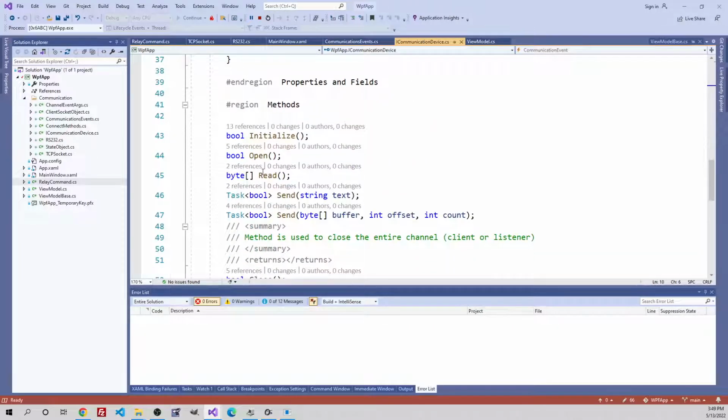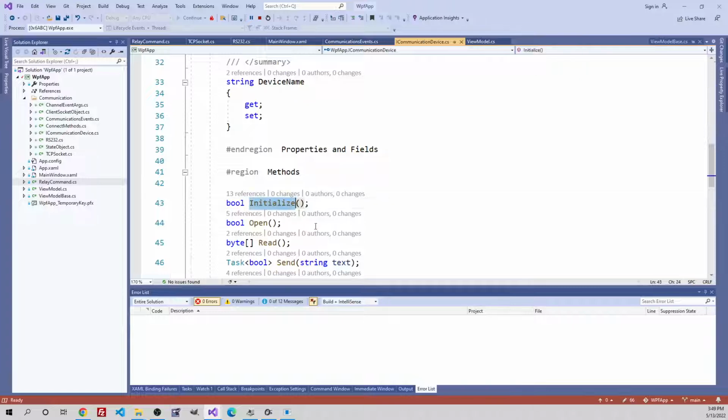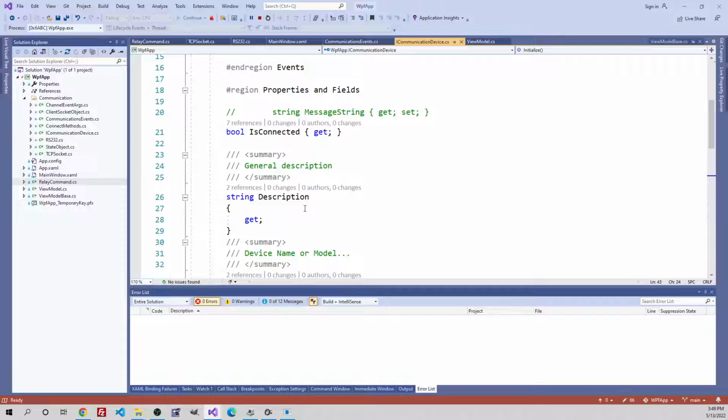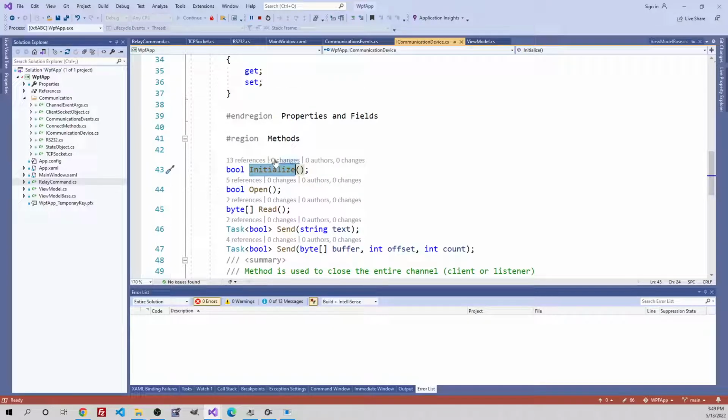It's basically Send, Read, Initialize. Typically I don't use Initialize, but I have it in there in case there's some kind of device where you can call initialize through the interface, right? Remember, you don't know what you're talking to, so we just have to have these stock methods that you can call. All of these things are going to call Read, whether it's a Wi-Fi or a serial port,